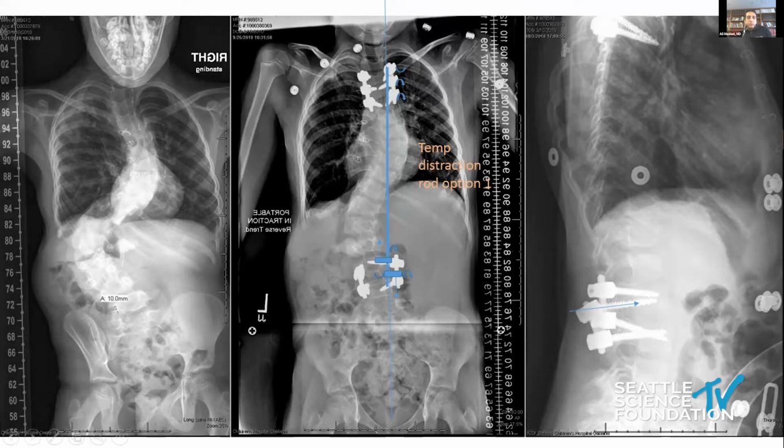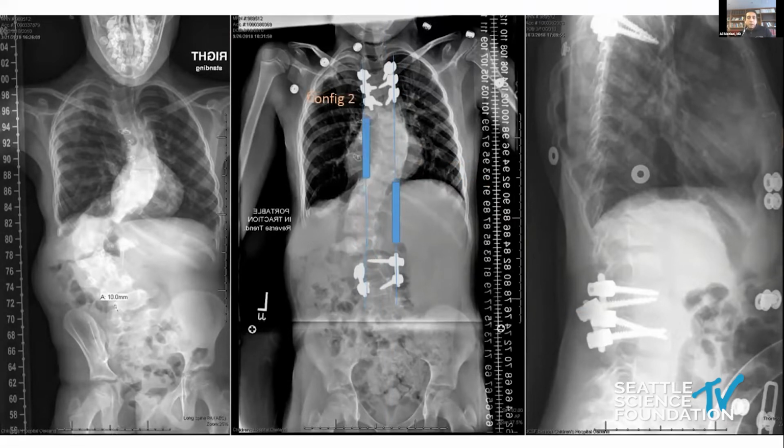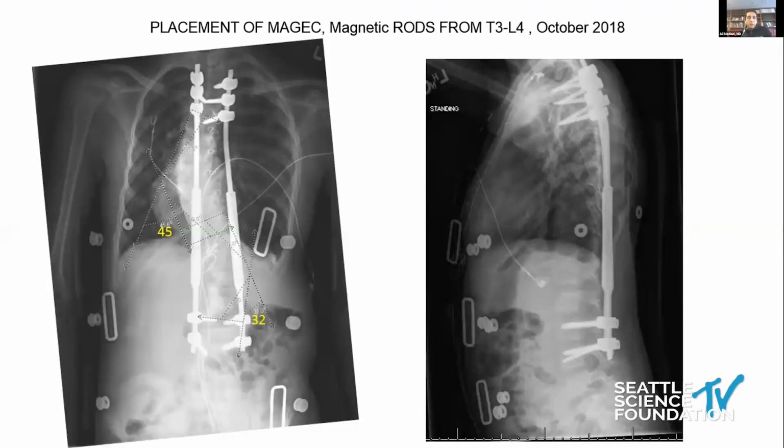Initially, there was a temporary rod on one side to distract on one side, while the other magnetic rod was put in, and vice versa, switching between both sides. And the configuration that was done is 2 rods at the thoracolumbar junction, as opposed to doing that at different areas. So this is the placement of the growing rods in October